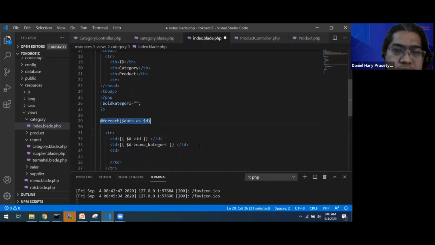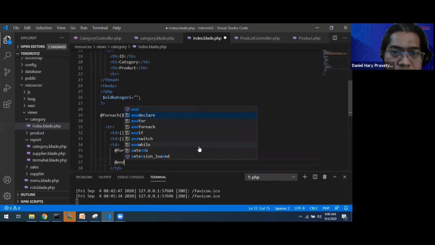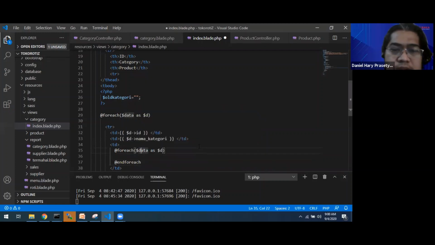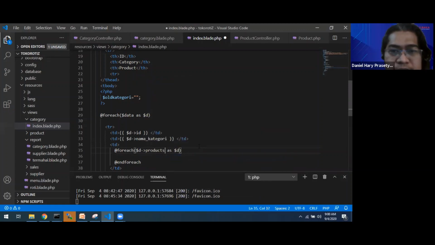We create another foreach, and the data should be D. D is category because we already set the has many in our model. The name is products function. This one we can have d.products.